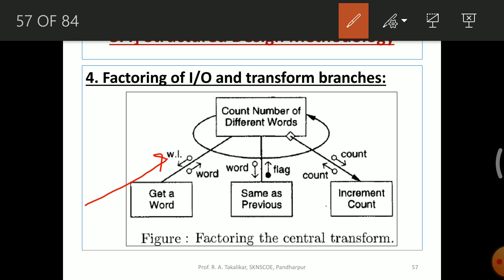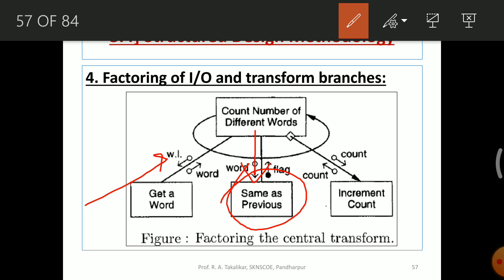Then once you get the word, for counting, this word is required to be checked with another module whether it has been counted previously or not, whether it is matching any of the previous words in the list. Means, have we already taken this word into consideration? So this particular module has been created because it was the requirement.